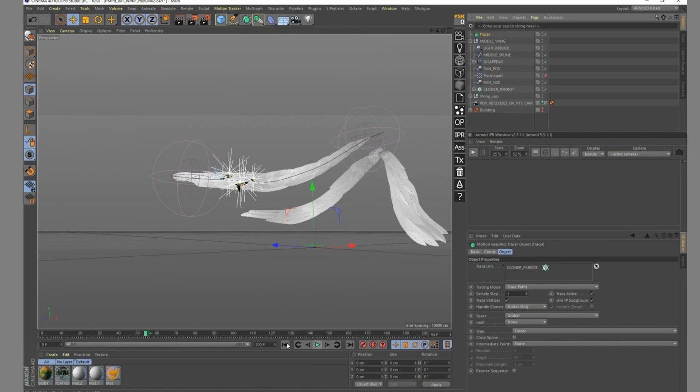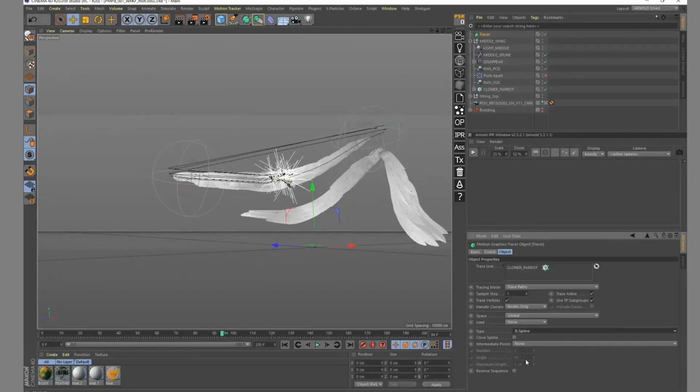And what that tracer is gonna do is it's gonna create lines out of my parrots. So that's super nice. I don't want them to be all the way though. But for the sake of that presentation, it's going to be way more than enough. I'm going to put that in B-spline. So let's check how it looks.